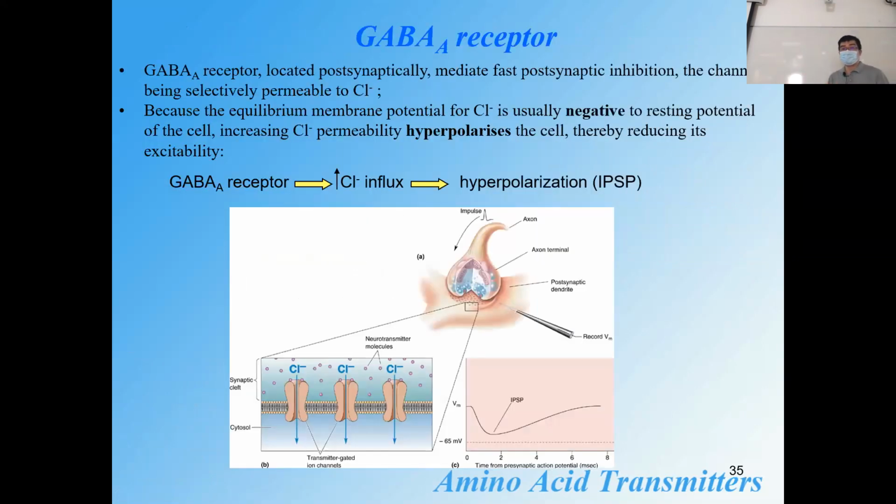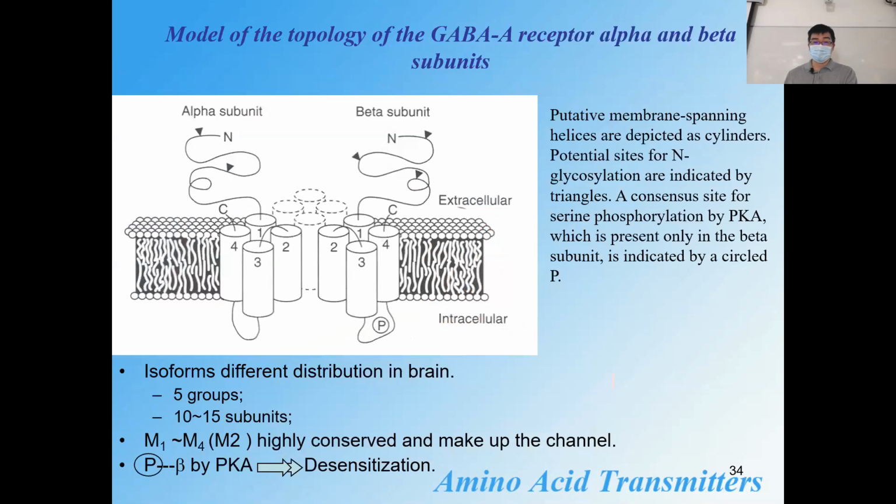So the GABA A receptor mediates fast postsynaptic inhibition. So yes, you were saying it's a pentamer, right? Yeah, GABA A receptor is a pentamer. But in the previous slide, you depicted it as two tetramers. No, it's just an illustration of the membrane column, with one of each of the four membrane domains on one subunit. Okay, so this just illustrates, for example, alpha and beta subunits.